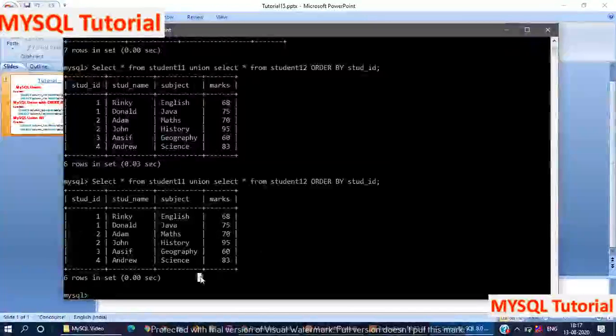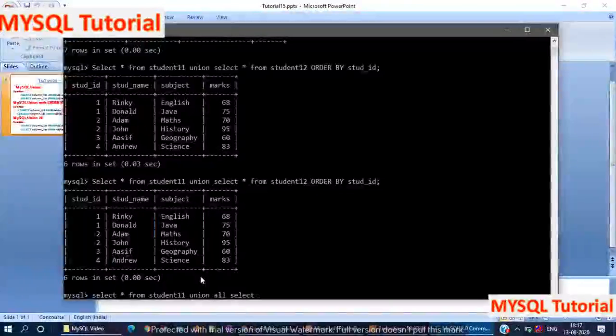First we perform the query. Again using the select command, select star from table 1. Table 1 is nothing but student11. Then union all, select star from table 2.